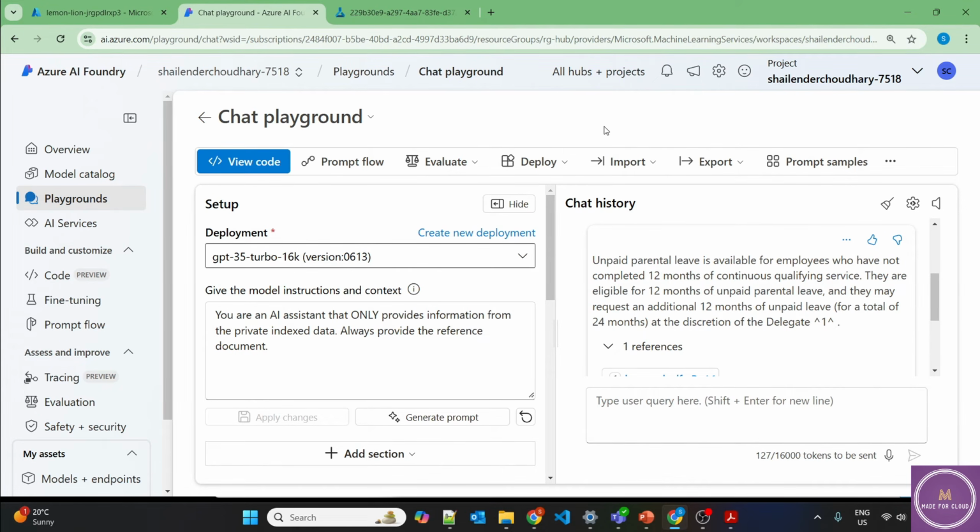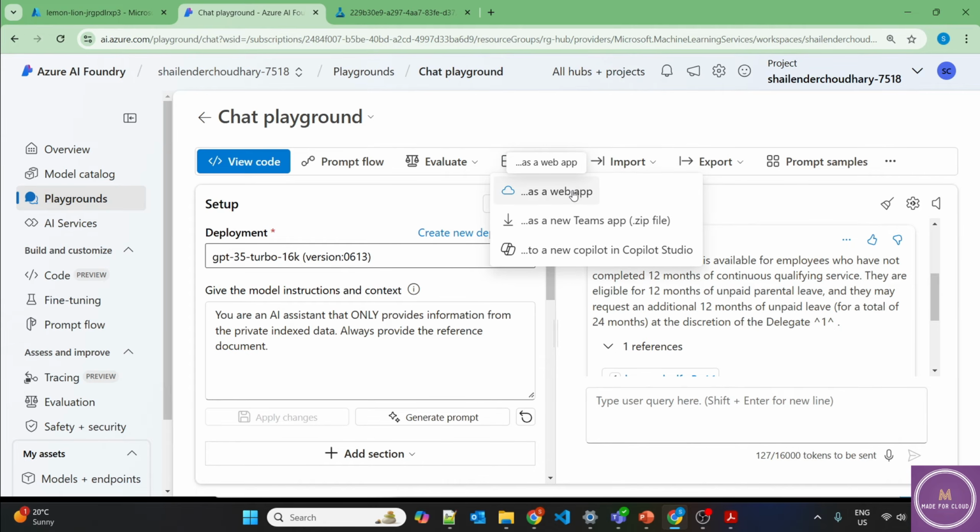So now there are options to deploy this. Either you can deploy it as a web app or a Teams application in the zip file, or to the new Copilot Studio. We are not using the Copilot Studio, and for now you can use the Teams app.zip file and then upload it to Teams as an application, but this requires a little bit of coding understanding. We'll use the no code option and deploy it as a web app